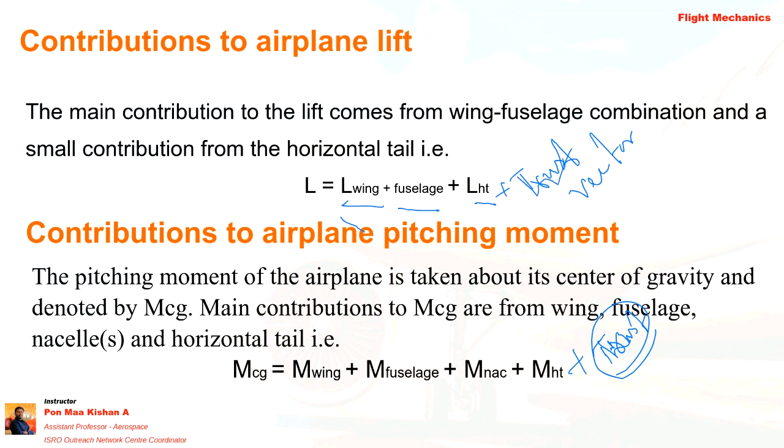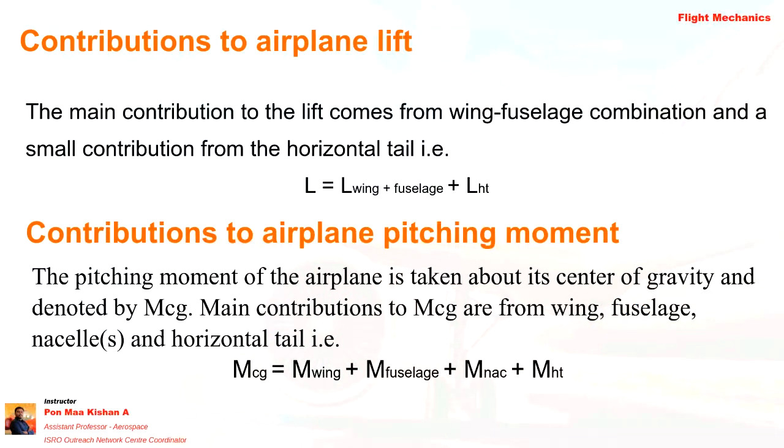Okay, so thrust vectoring will also be very helpful for pitching moment contribution and lift function. Like let's say vertical takeoff. Since the previous aircraft do not have any vertical takeoff capability, that's why it is not included. But when you calculate for advanced aircraft, then you have to include the thrust vectoring calculation also in lift and pitching moment.